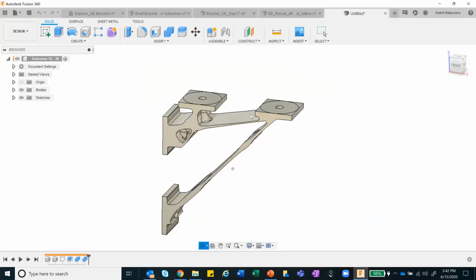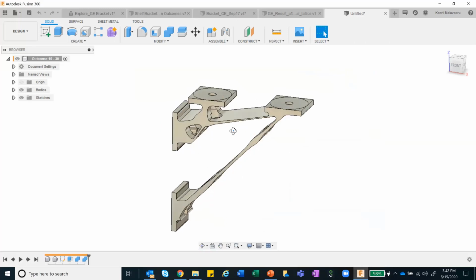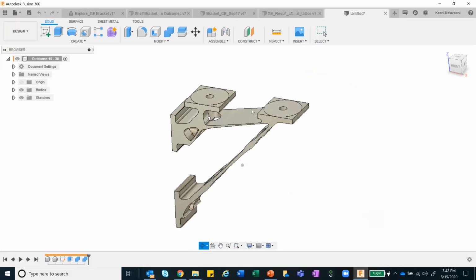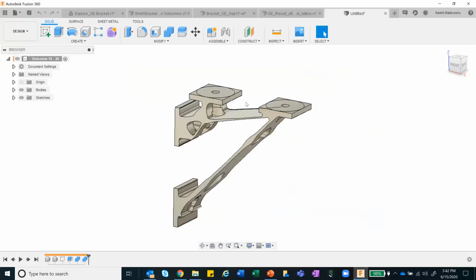So this is the level of detail that you get with the outcome of that particular model. And with this, if you want to do a deep dive into this particular design, I can go ahead and do it.